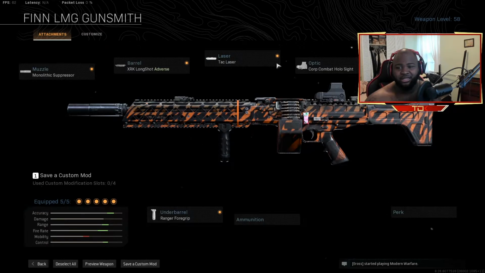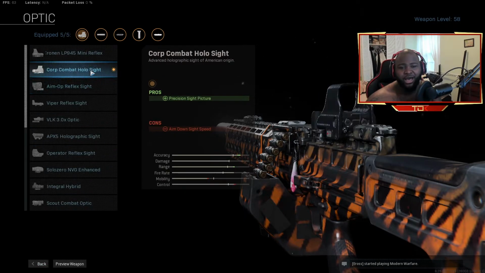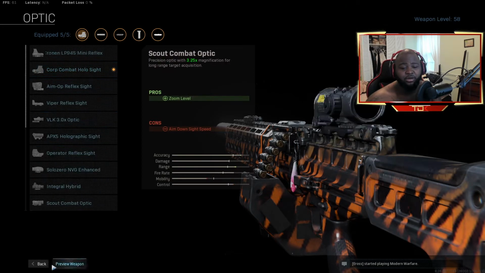Then we have the Tac Laser and the Corp Combat Holo Sight. This sight right here is amazing on this weapon. I can't stress it enough. Make sure you guys use this sight. It's the best one. I cannot tell you guys this enough. But if you guys use something else different on this class, let me know down below in the comment section